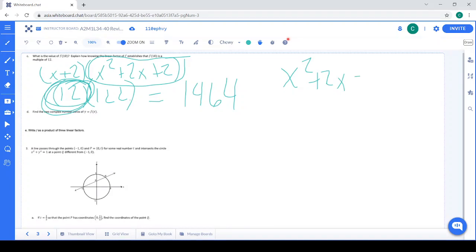I'm going to move that negative 2 over the other side because I can factor out an x now, which would give me x times x plus 2. Okay. And I already had my x plus 2, right? So now I have 2x plus 2. So I could say x plus 2